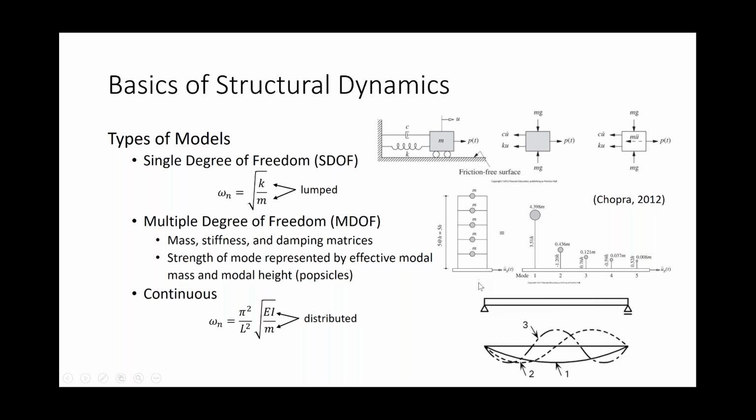Somewhere in between those 2 models is a multi-degree of freedom model. And you can imagine this is a 5-story structure, assuming that the masses of the floor plates are lumped at each level. You could treat this beam in the same way, lumping masses at 5 locations along the length. And you would get this sort of a representation. You would be able to recover 5 modes of vibration. In this case, the fundamental mode has the higher mass. This is an equivalent modal mass and modal height,